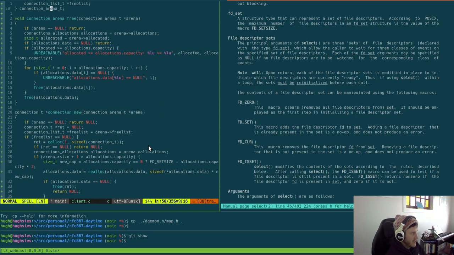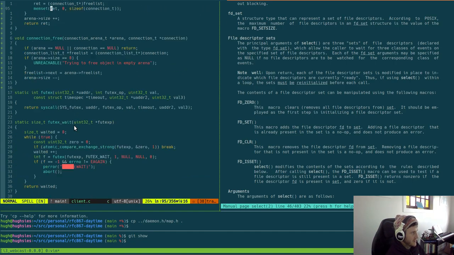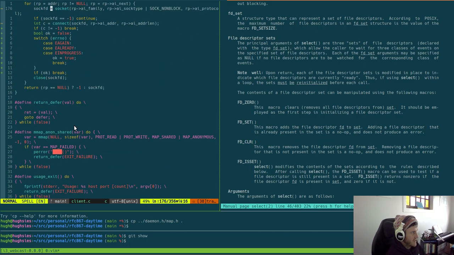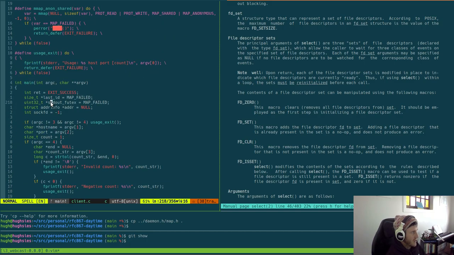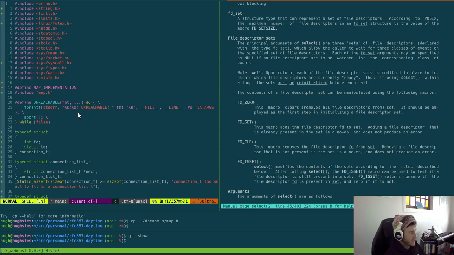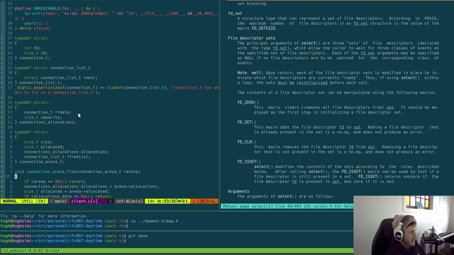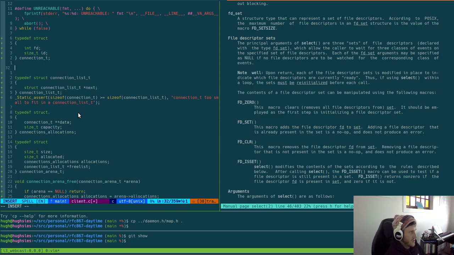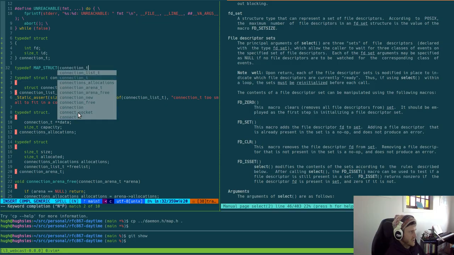So at that point we can have a map somewhere in our main, likely. We need to define a structure for our map, and we're probably going to have a connection, so typedef map struct. I believe that's what I do,